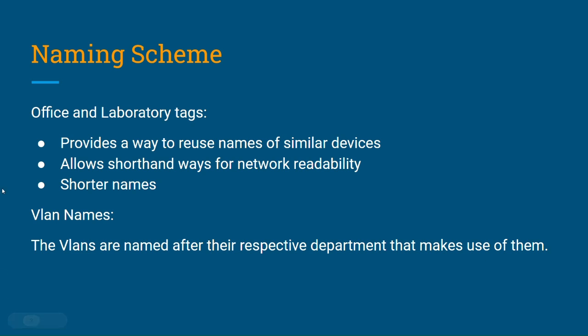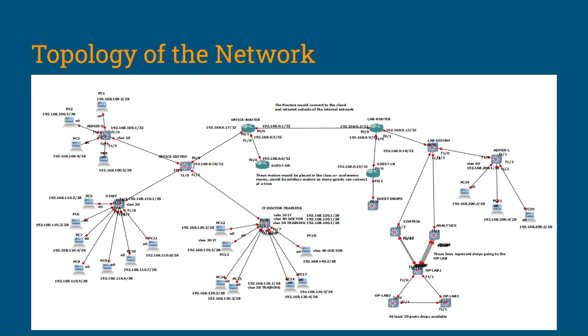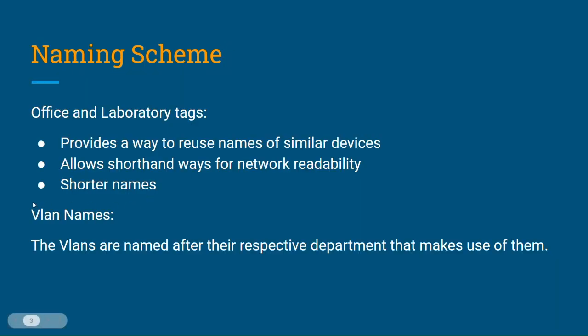For example, if we go back, the guest networks have an OR or an LR for office router or laboratory router, and the same goes for the distribution switches having office or lab in front of it, an O or an L in similar cases. This allows for easy scalability and lets the campus provide ways to have its own new devices attached to it in a way that can be easily addressed and